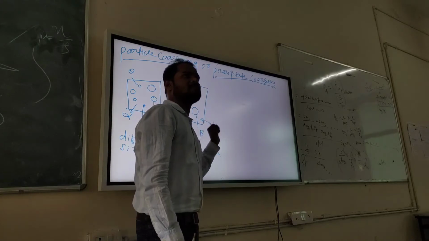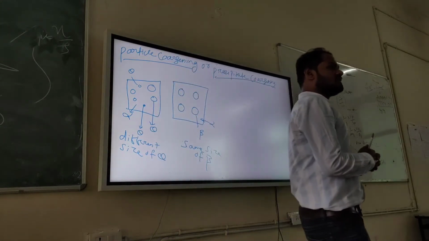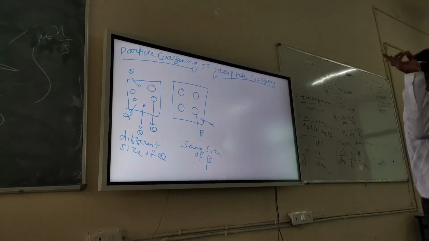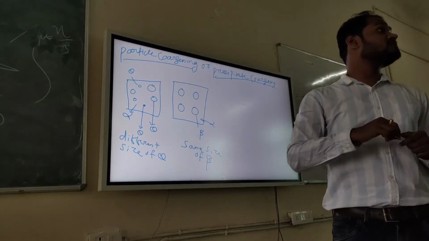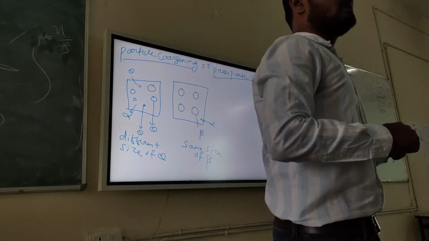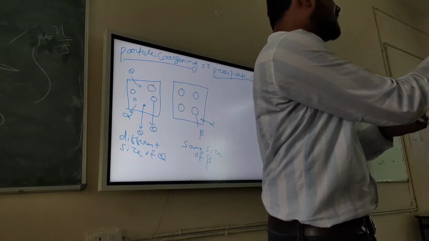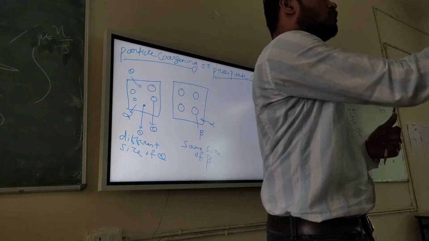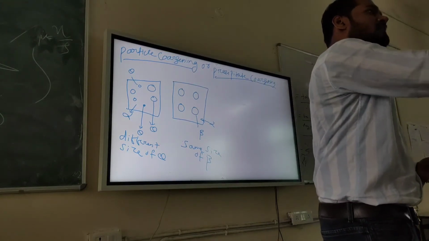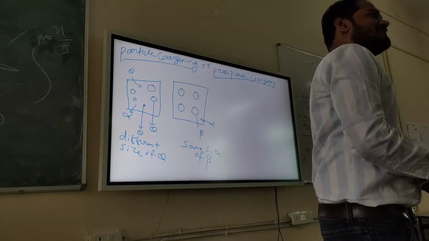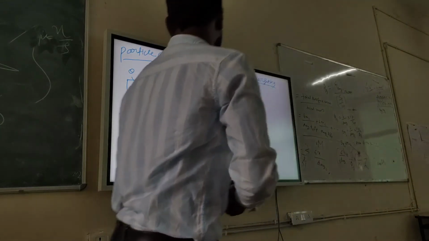So now the question is, already I covered this part in the IPM, precipitation strengthening, right? And how particle coarsening happens, I told you, right? That's why we are going for dispersion strengthening, if you remember. Right? The main issue with precipitation strengthening is precipitate grows with time. If precipitate grows with time, the strength will reduce. You remember that, right? You are going to appear for the examination of IPM, right? So you should know these concepts anyway.